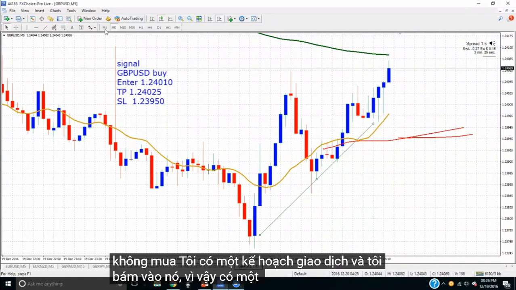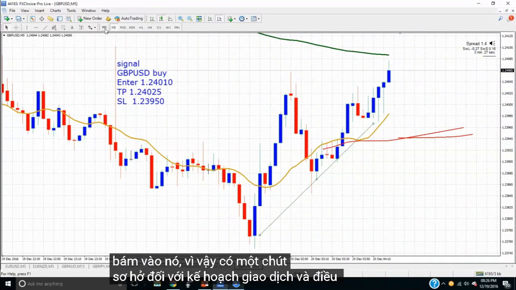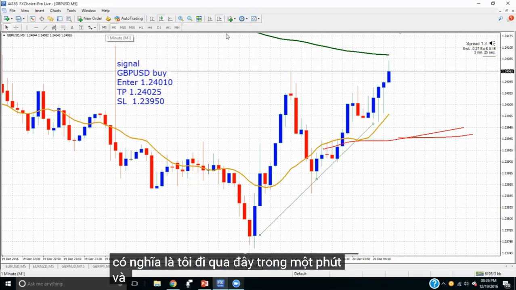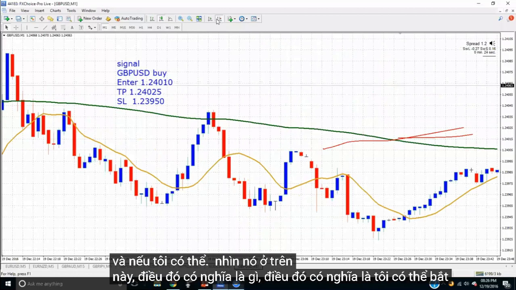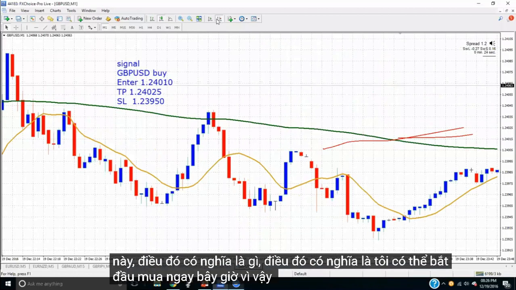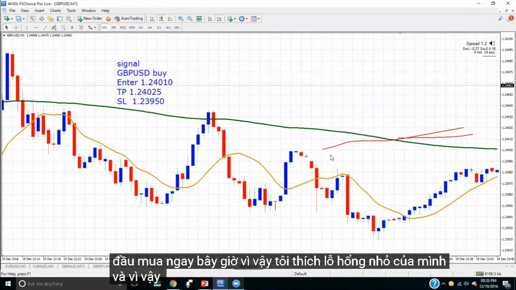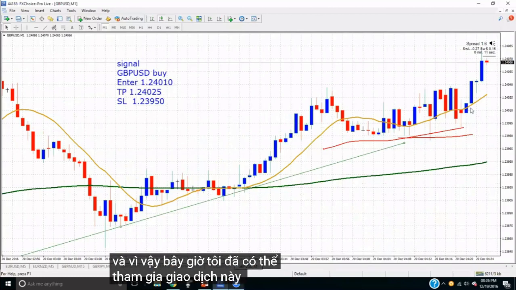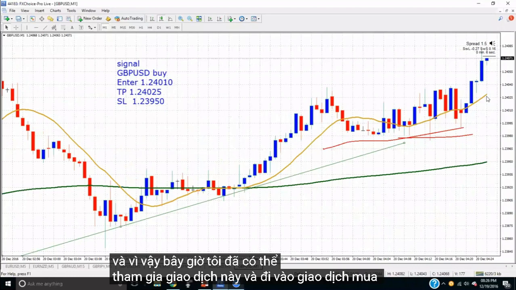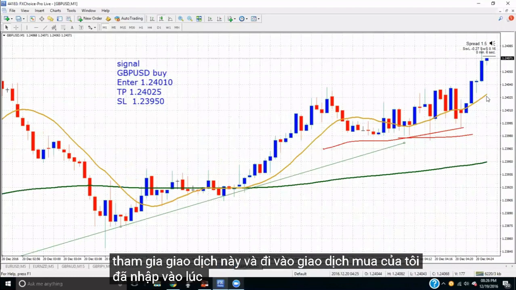So there's kind of a little loophole to the trading plan, and that means I go over here to the 1 minute. And if I can, oh, look, it's above. Hey, what does that mean? That means I can go into a buy now. So I like my little loophole. And so now I would have been able to enter this trade and go into my buy, which was enter at